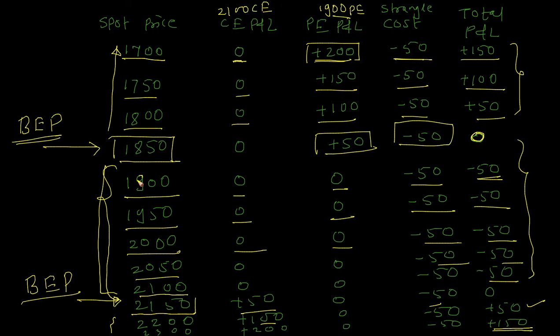We can conclude from this, if I have a volatile view about the stock or the market, I should go for the long strangle. That means I know that the market is going to move on either the upper side or the lower side. I know that definitely the market is going to make that move, but I don't know on what side it will be making that move. So that time I can use the strategy of buying a long strangle, right? Okay,